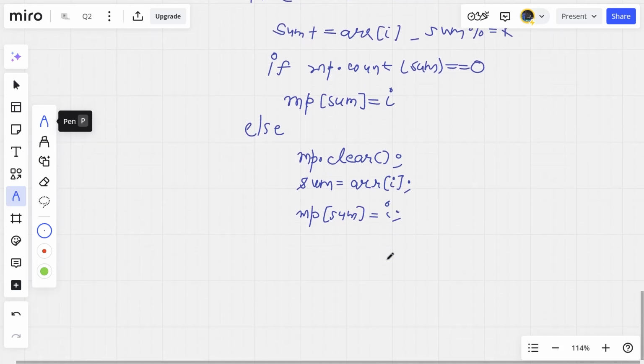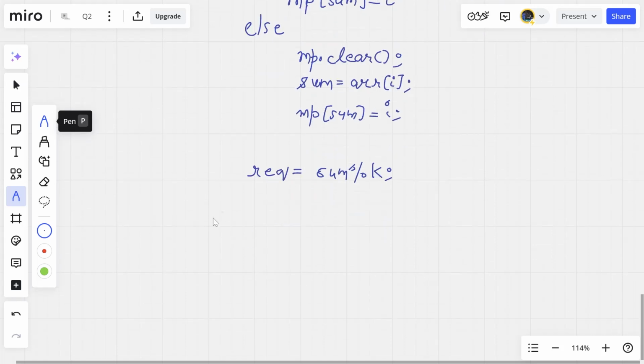After this I will try to find out what is the required sum. So how to find out the required sum? It will be sum modulo k. I will try to find out if I have seen the same value in my data structure, that is map, or not. So if this required value comes out to be 0, it means that I have got one new subarray. So I will just update the value here. Else,